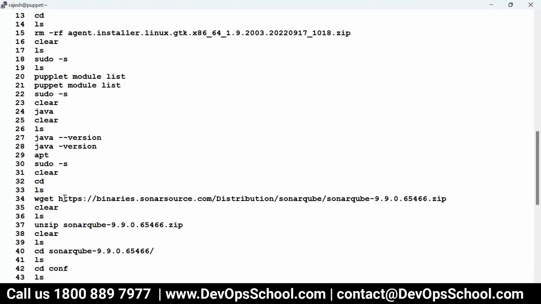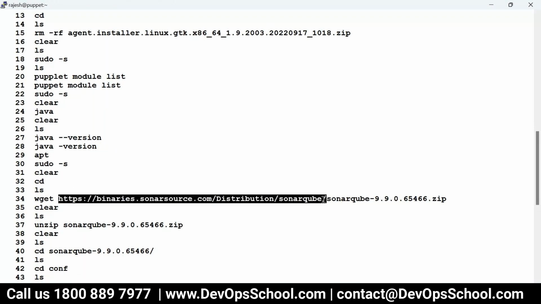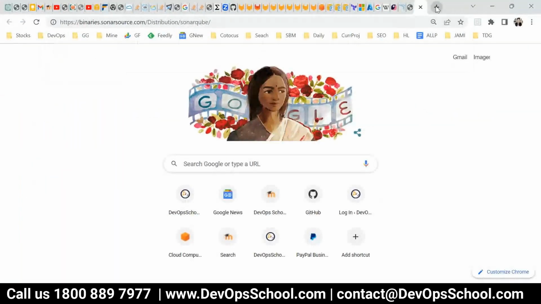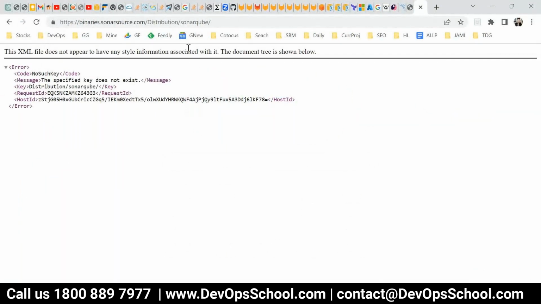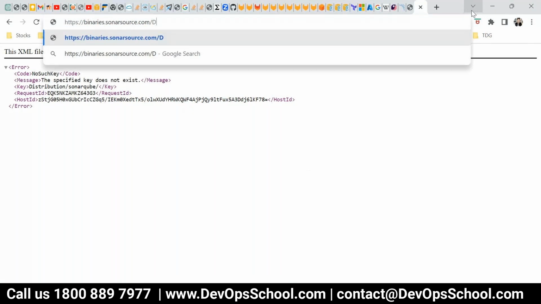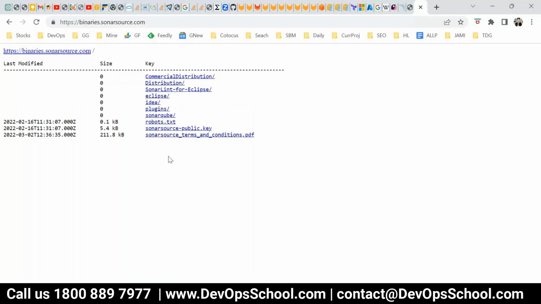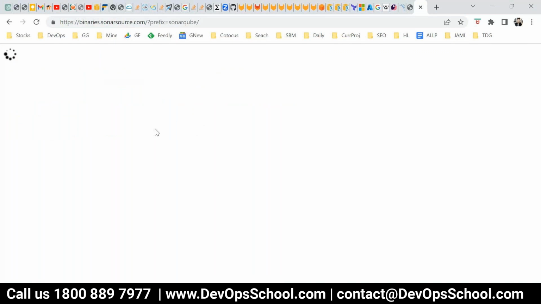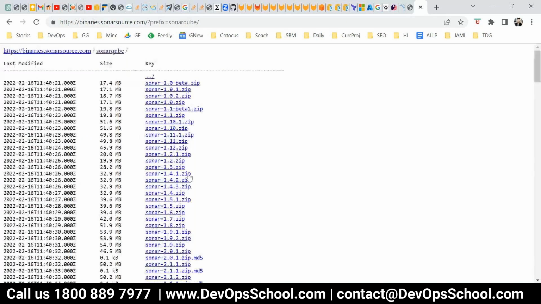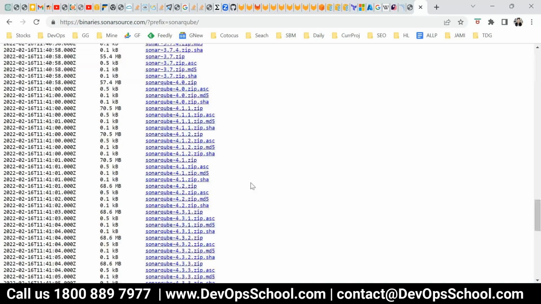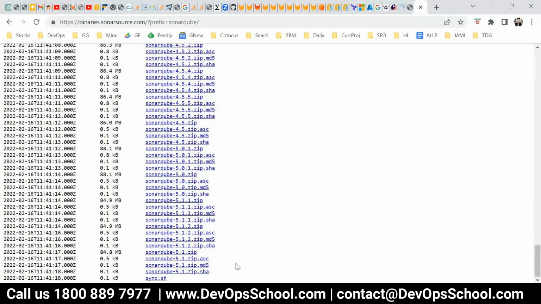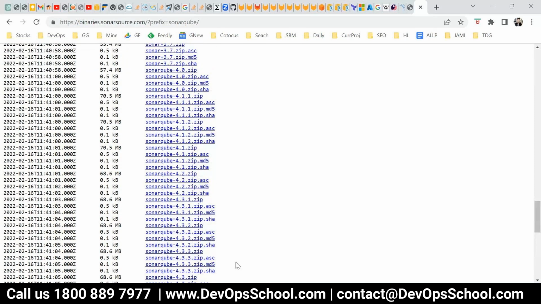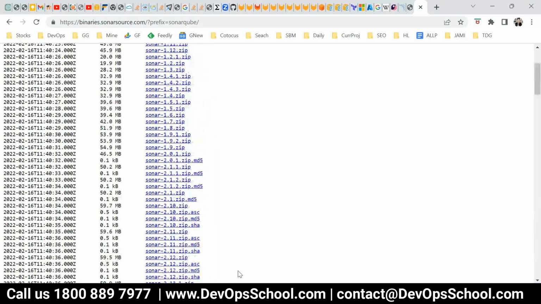So let's go to this website and see if we get it, avoiding the time wasting. Here's Sonarqube, and you said 9.8, right? 5 is there, 4 is there, 3 is there. So many versions are there, but